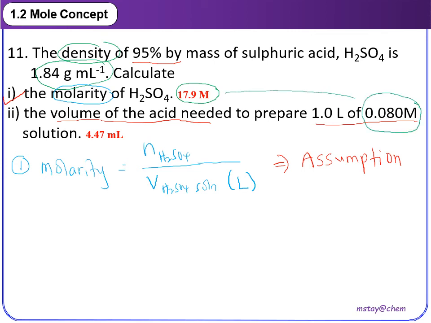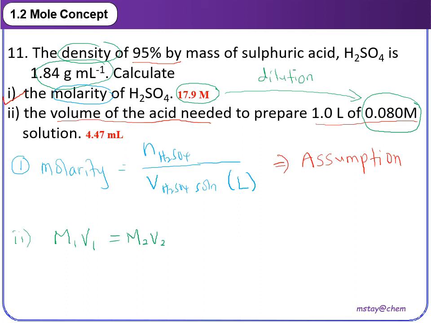So from this process here, we know this one is a dilution process. So if this is the dilution process, then we are going to use the formula M1V1 equal to M2V2, because we know that part of the